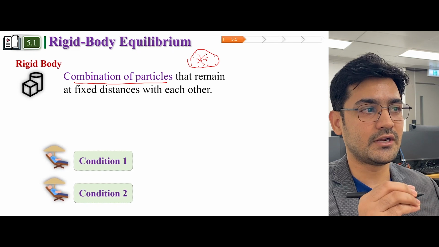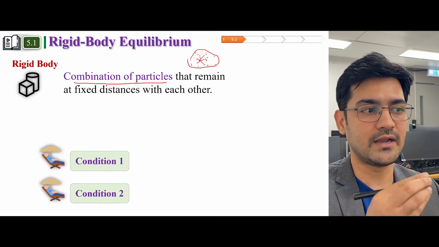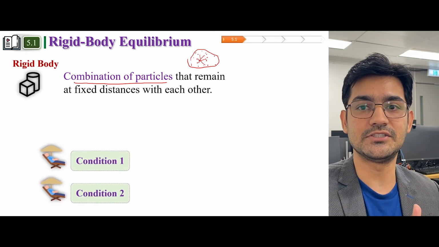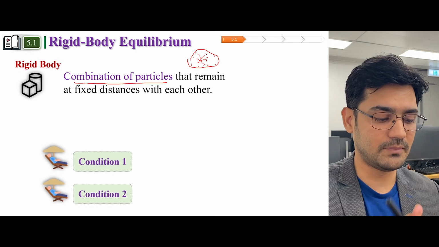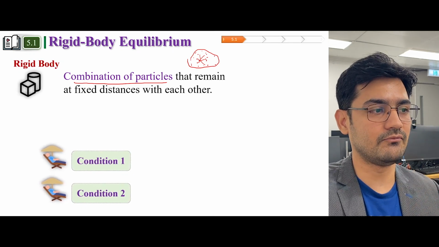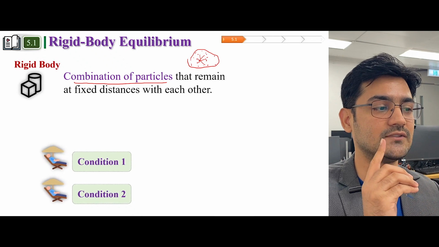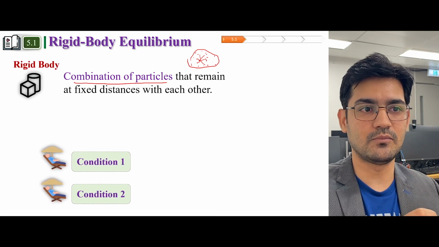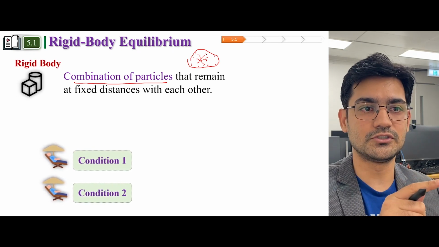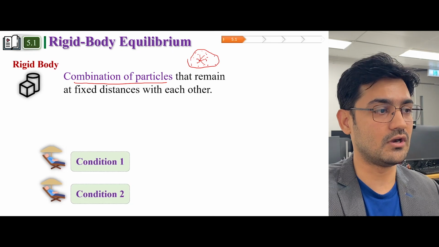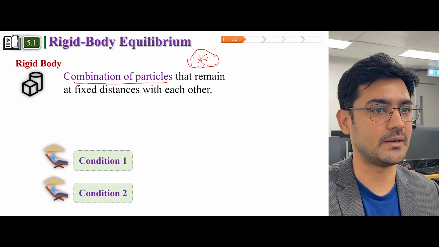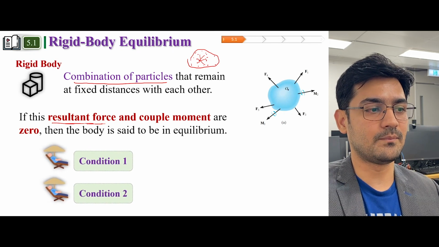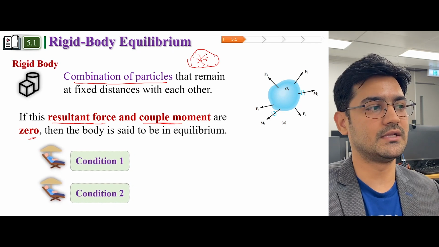Now, for a rigid body to be in equilibrium, we have to satisfy two conditions. Now remember, for a particle, we had to satisfy the condition that the summation of all the forces should be equal to 0. Now for the rigid body equilibrium, instead of one condition, we have to satisfy two conditions, because in a rigid body, in addition to the force, you also have another thing that is called moment, which we have discussed in the previous chapter. So if this resultant force and a couple moment are 0, only then we can say that a rigid body